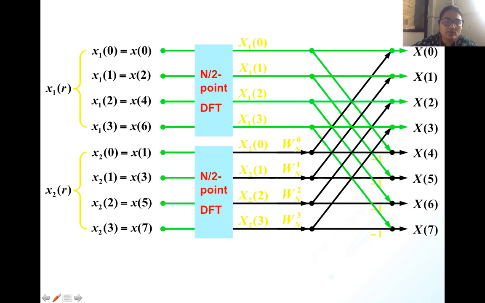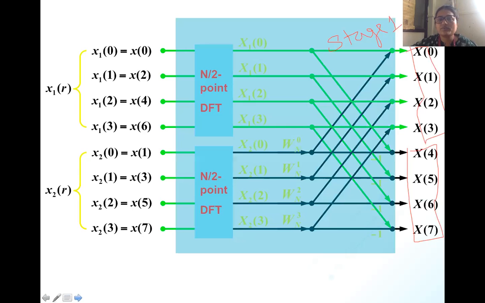So these 4 values are calculated by performing the addition operation, and these 4 values are calculated by performing the subtraction operation. So this is the stage 1 computation, you can say. How many stages do we need to go? We have to go with 3 stages. So this is the stage 1 computation, right?